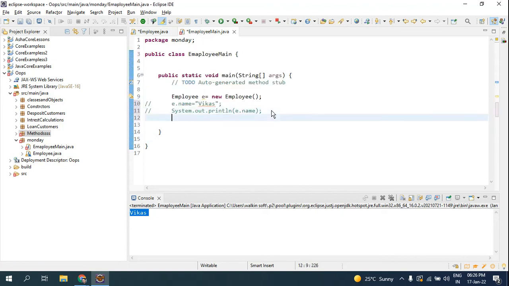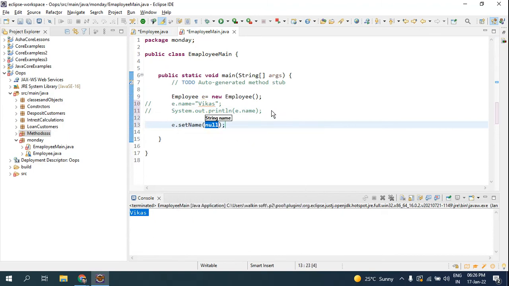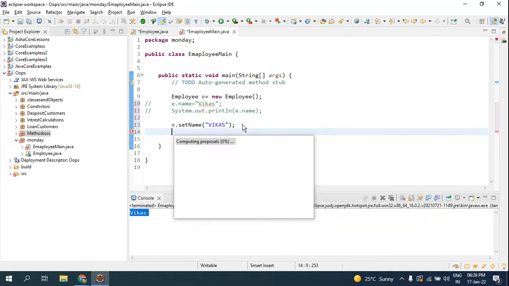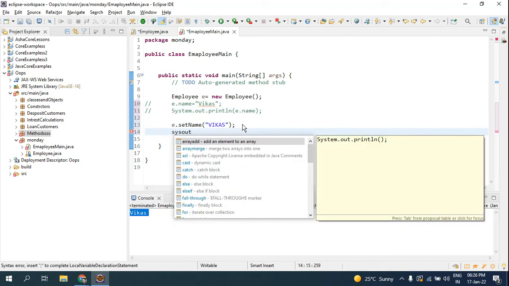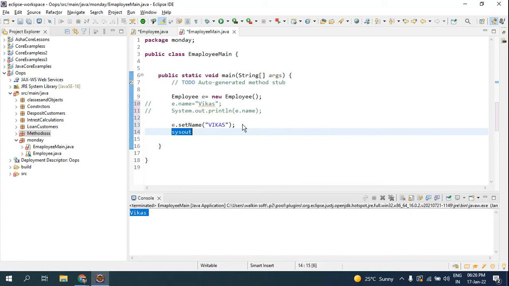You have to set it by the method which you have generated, e dot setName, and here you have to give the value Vikas. So this is how you set the value. Now this is how you are able to print the value. How are you going to print? E dot, like I will print directly. Look here, sorry for that.